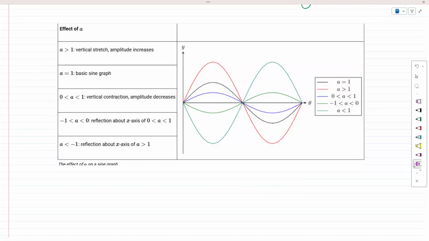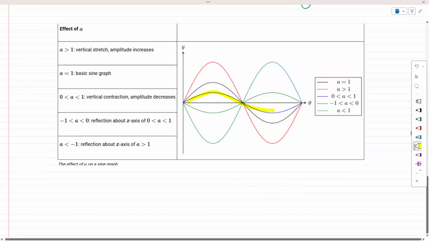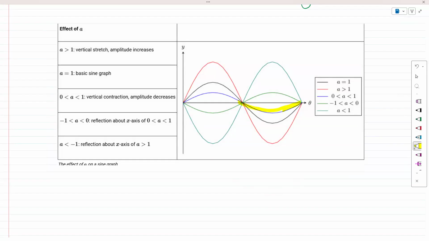A equals 1 would be the basic sine graph, which is there. So everything else compares to this basic sine graph. You can go and look at what happens. A equals 1 is here. Okay. And then you guys can go and compare this to all the other sine graphs here